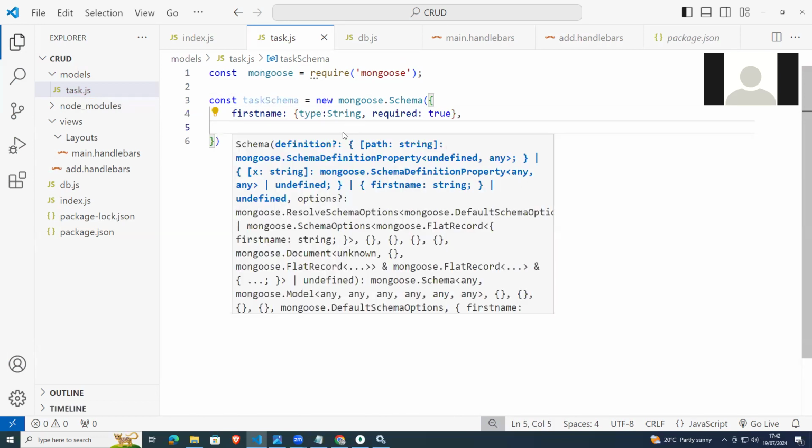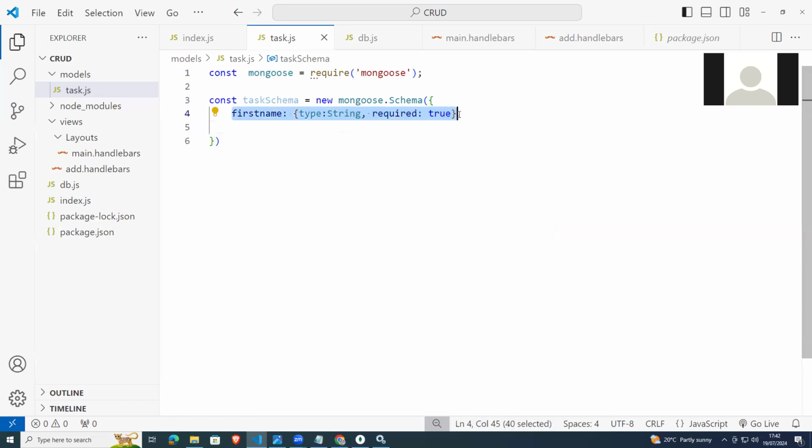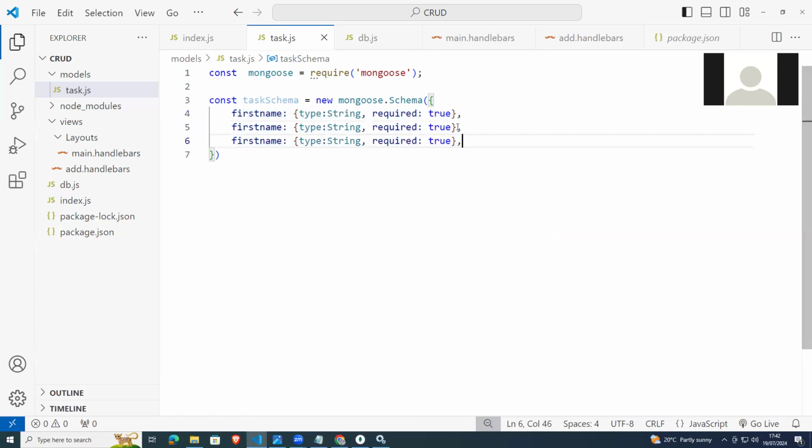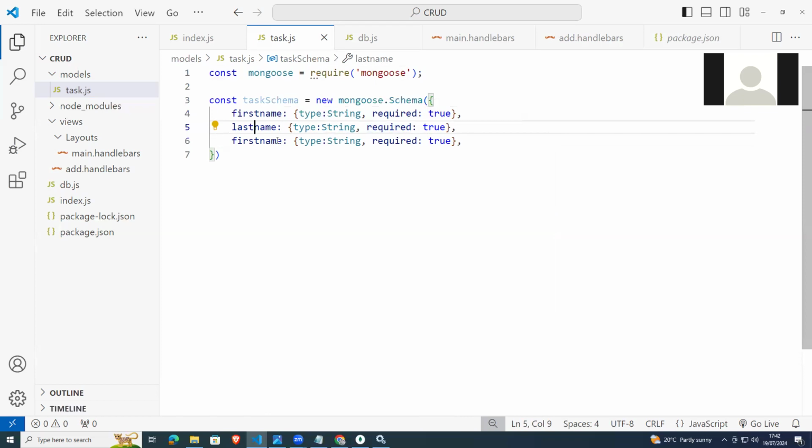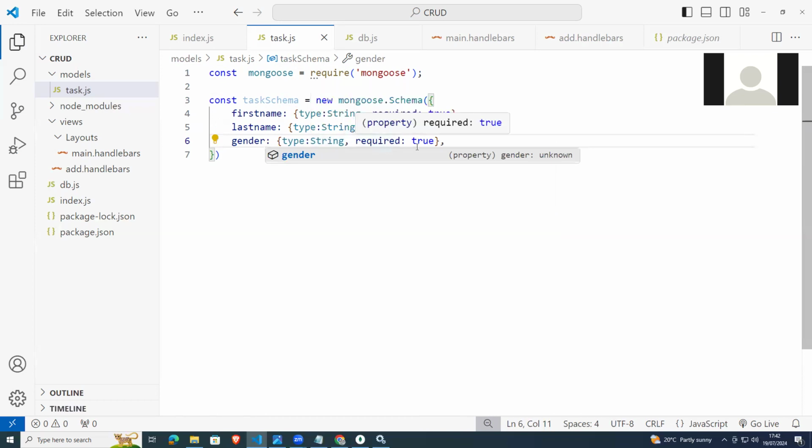So you'll have the second name. Let's paste it. So this one is going to be the last name. Type is string, required true. Then we have the gender. Gender, type was string, required is true. So if these are the last ones, then we need